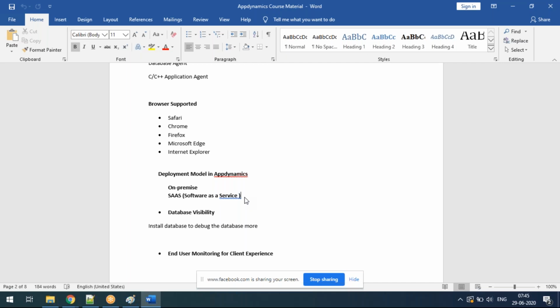They will never go for the cloud, because they feel somebody will take their data. That is the reason the on-premises version of AppDynamics is there, so that you can install the entire tool within their premises itself and do the monitoring and whatever they want.